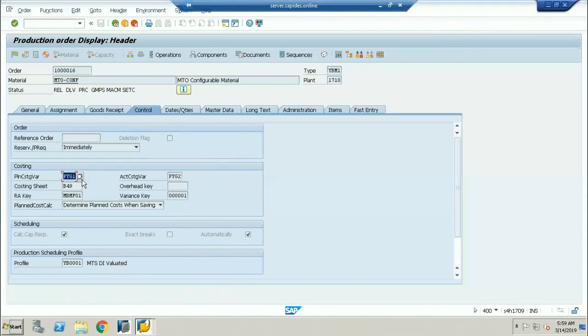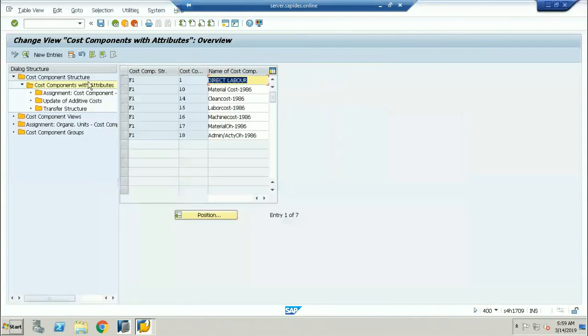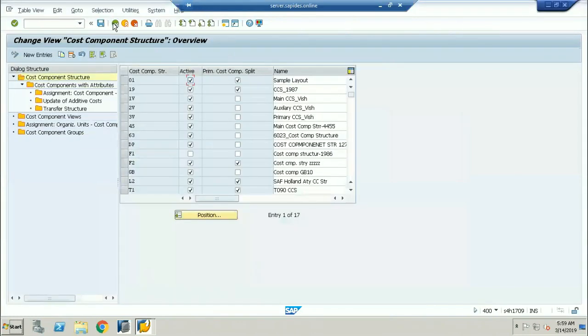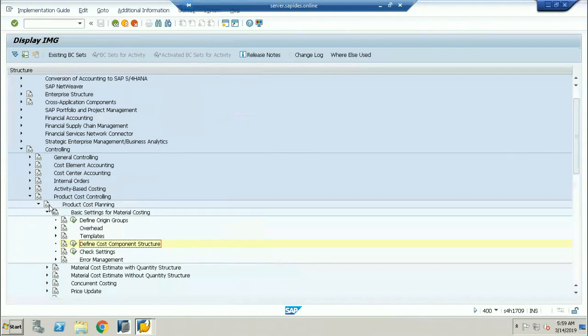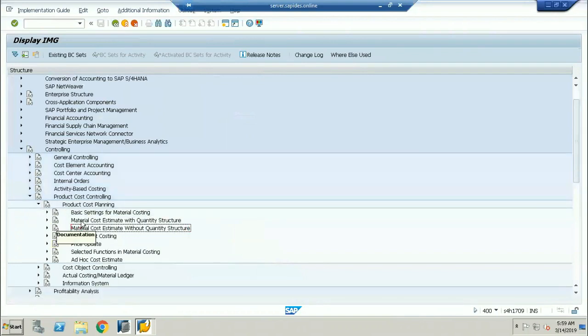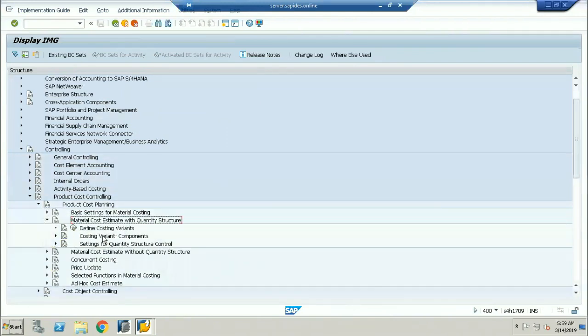Now, where will you maintain this preliminary cost estimation? If I go into SAP, once you have calculated the overheads, if I go into the material cost estimation with the quantity structure, and if I go into the material cost,